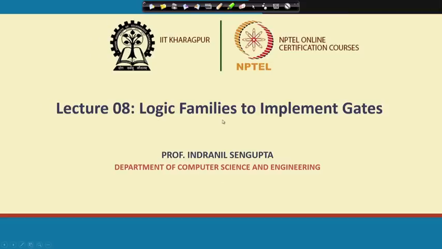As you recall, in the last lecture we had talked about the various logic gates. Now, in the present lecture we shall be talking about some logic families to implement gates. Now, what do we mean by logic families? Over the years there have been many techniques or many ways in which people have come up with for